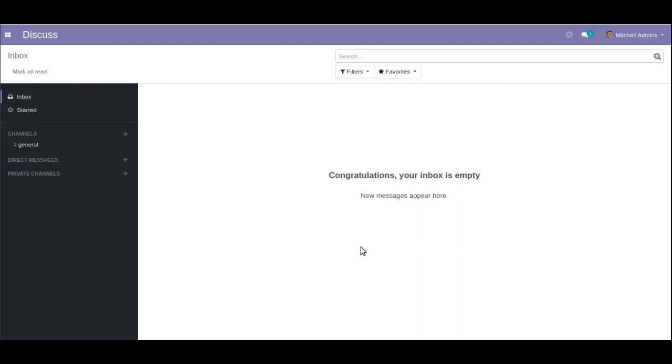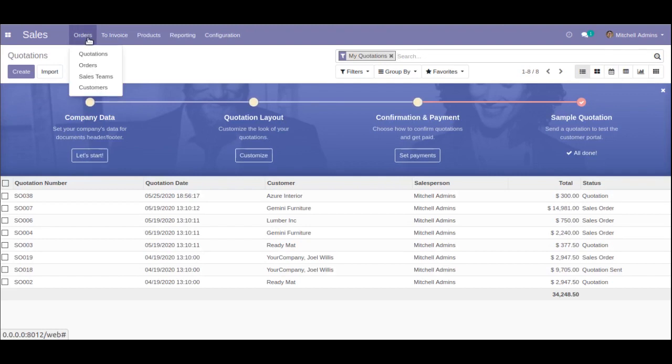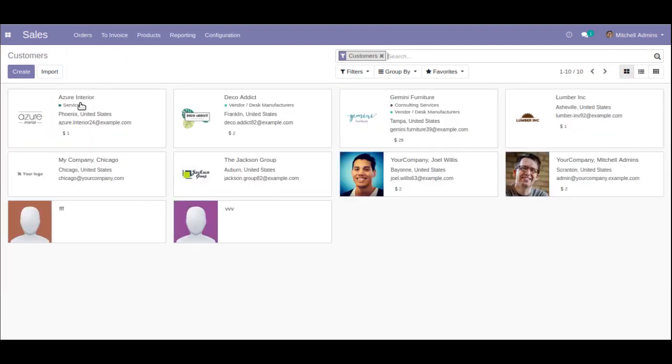Right now on the screen you are seeing Odoo version 12 community edition. If I go to Sales and then to Customers, and come to the customer form view, by default there is no sequence number for the customer other than the default ID. There might be cases where we have to generate a unique ID or sequence numbers for the customers that get created.